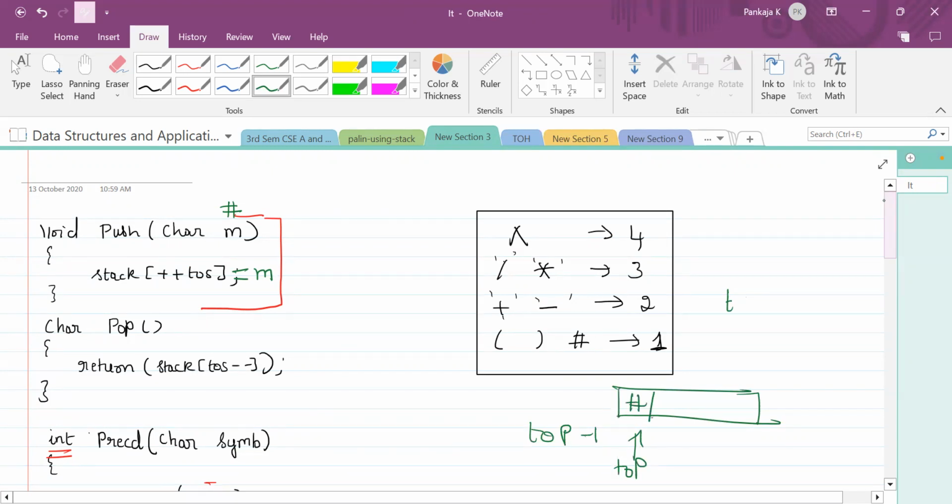So every time you call the push function, first it will increment the top pointer and then insert the element. Similarly with pop, first it will display the element and then it is going to decrement. The precedence function, we also have the same. So finally, what happens is,